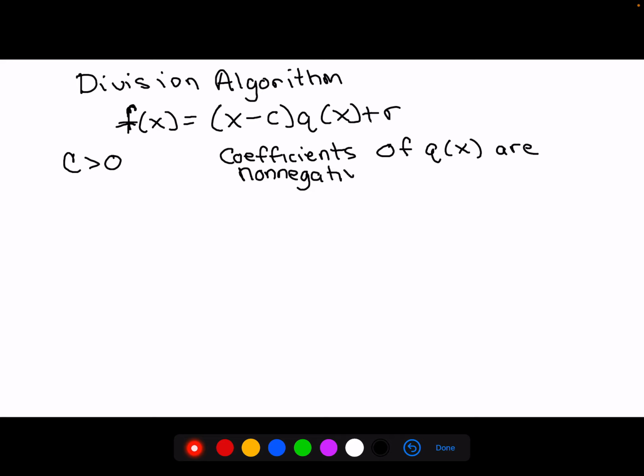Because remember, at the very bottom, when we finish the synthetic division, we're looking at if all those signs are non-negative, and you know that your r, your remainder, is non-negative because, again, all those signs in the synthetic division are positive. You know that your c is bigger than 0 because, again, this is just part A's layout of, all right, if these situations are occurring,